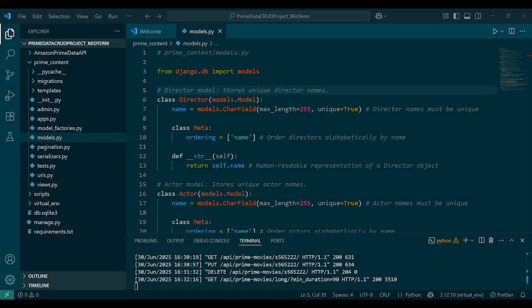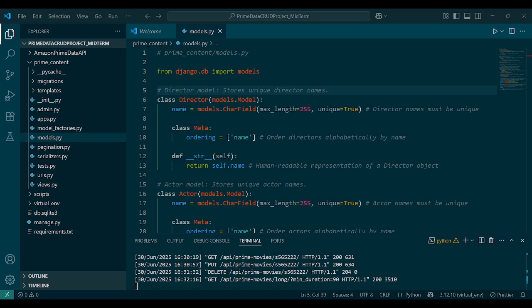The endpoints follow RESTful API principles and are designed to be intuitive. Some endpoints, like long movies and television shows by seasons, involve particularly interesting custom logic. The dataset's duration field stores values as strings, for example 120 minutes and 3 seasons, so the corresponding views must parse the strings and apply appropriate numeric filtering.